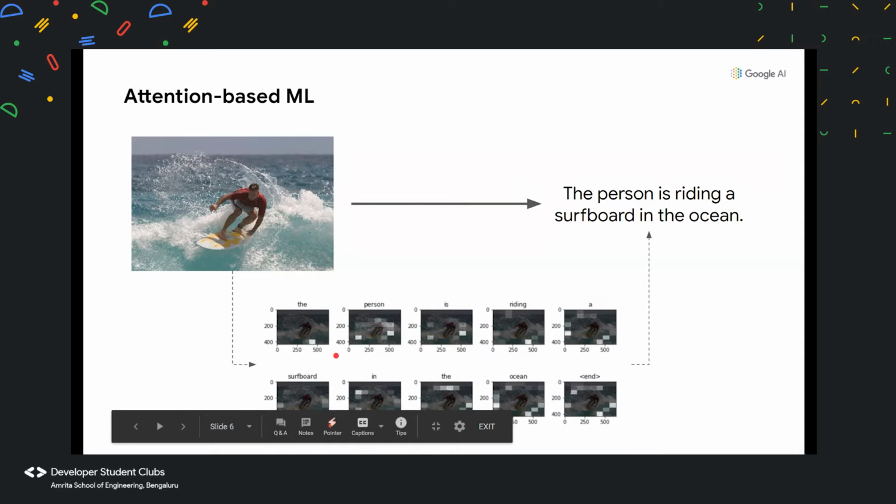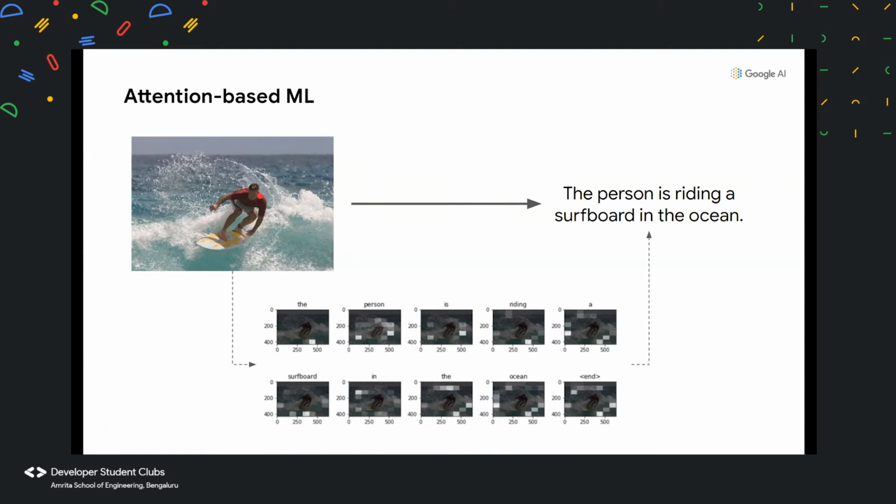Now, it is not that easy, right? We can just go on and detect these different parts of the image, maybe the surfing board, the man, the waves, the ocean. But we need to be able to generate a logical sequence of words that is going to make sense to someone who's reading it. And for that, we are going to require another solution called the recurrent neural network.